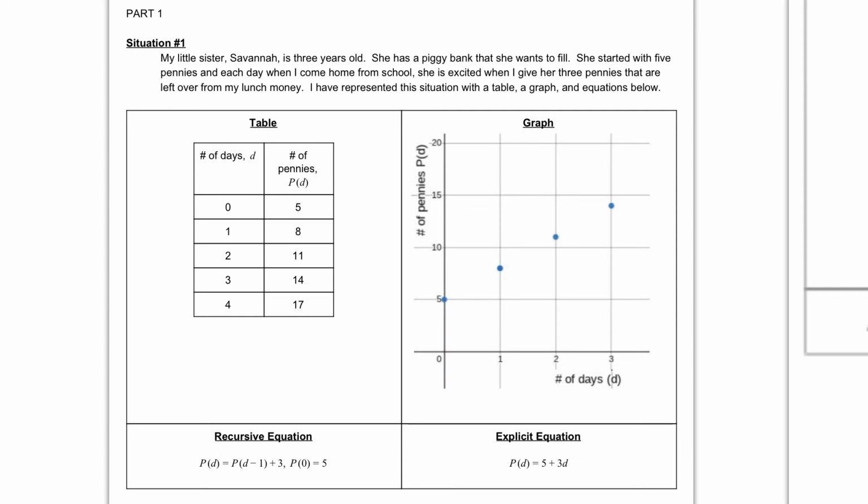So here's situation number 1. Notice that we are going up from left to right, so we said that it was increasing. Points are not connected in our graph. And notice that we do have that common difference of 3, so it is arithmetic. Then if we pop over to situation number 3,